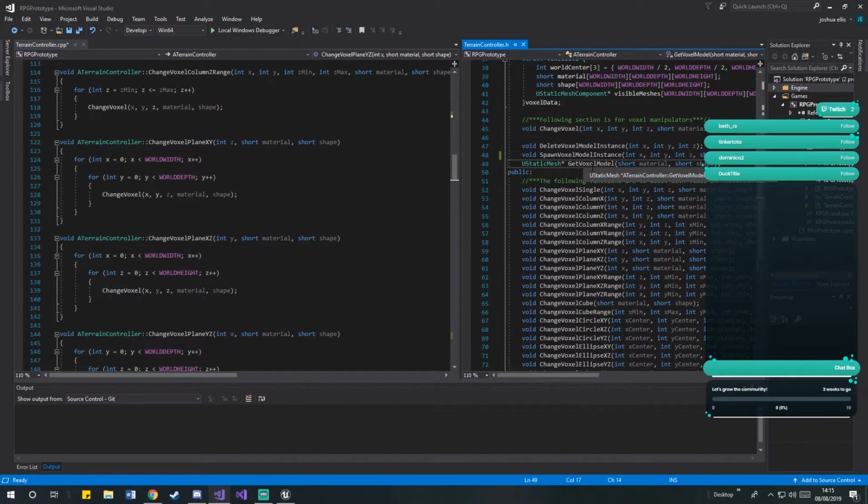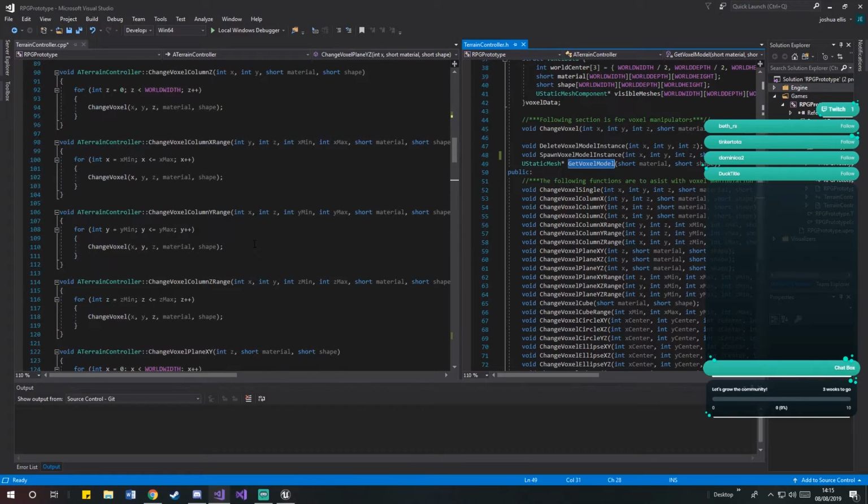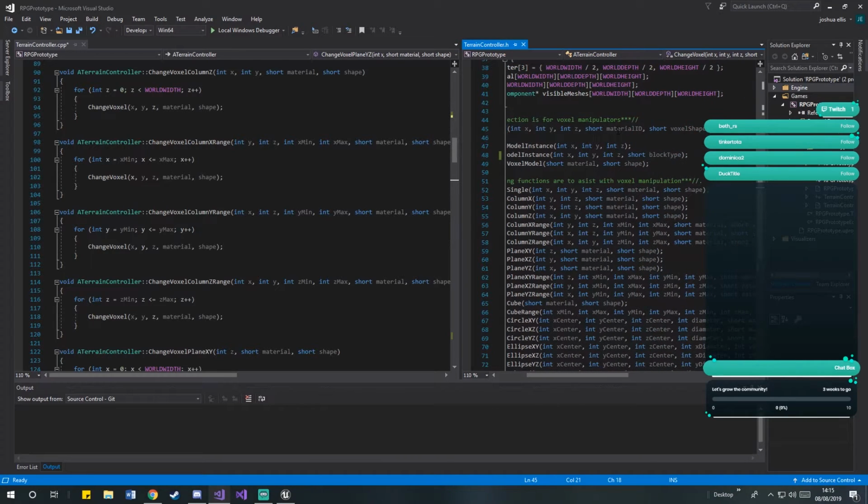Is we put it in one place rather than all of these calling that function directly, we've kind of abstracted it away just a little bit so that we don't have to directly edit the function call every single time, because I knew ahead of time that we would need a material ID and a shape. So